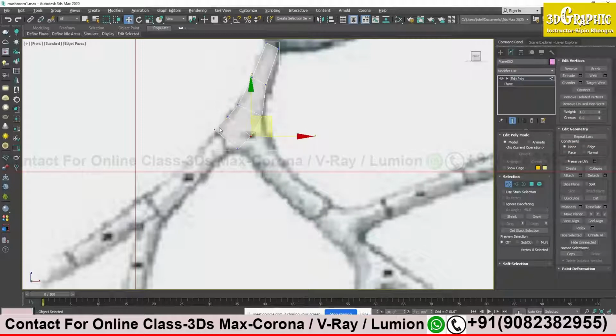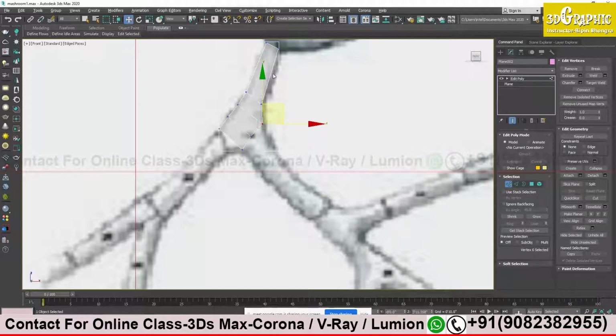Press 1 and a little bit of adjustment over here. I'm getting these vertices over here because I need to get it down from here below. So that's why I'm creating these vertices at the edge over here. This vertex also I need to drag over here. A bit of adjustment. This is fine.